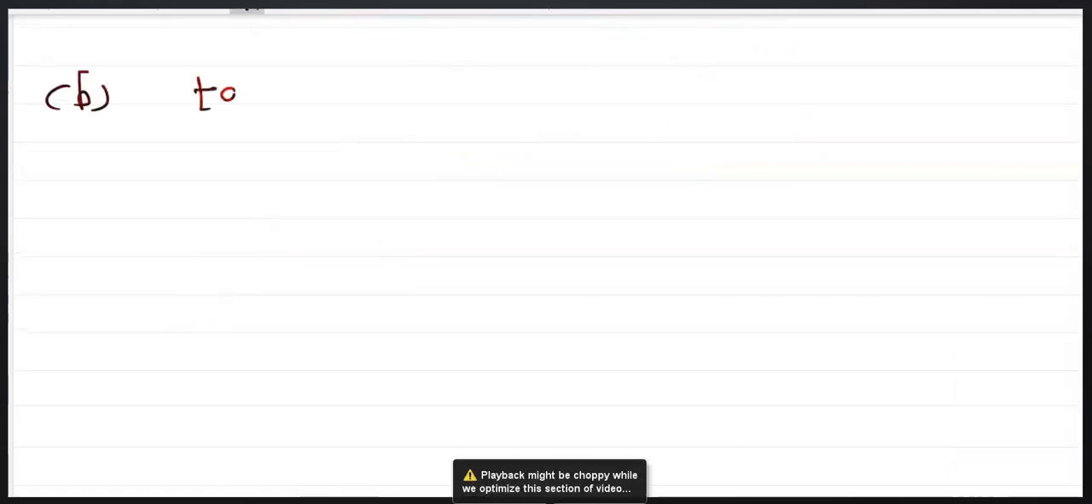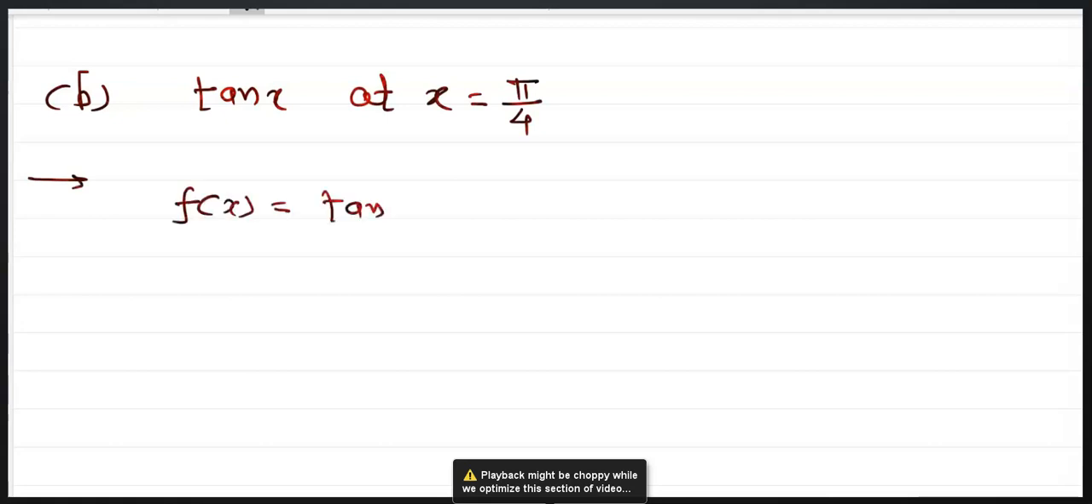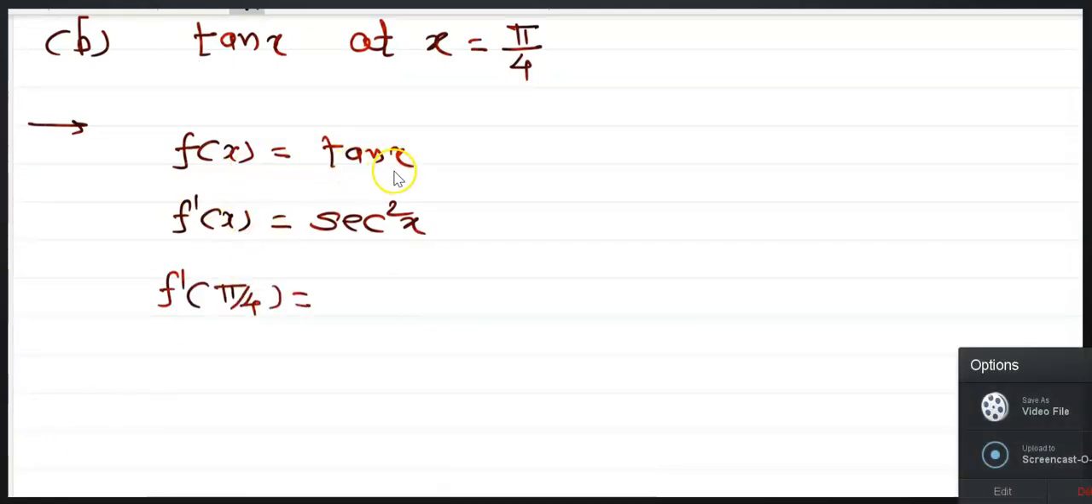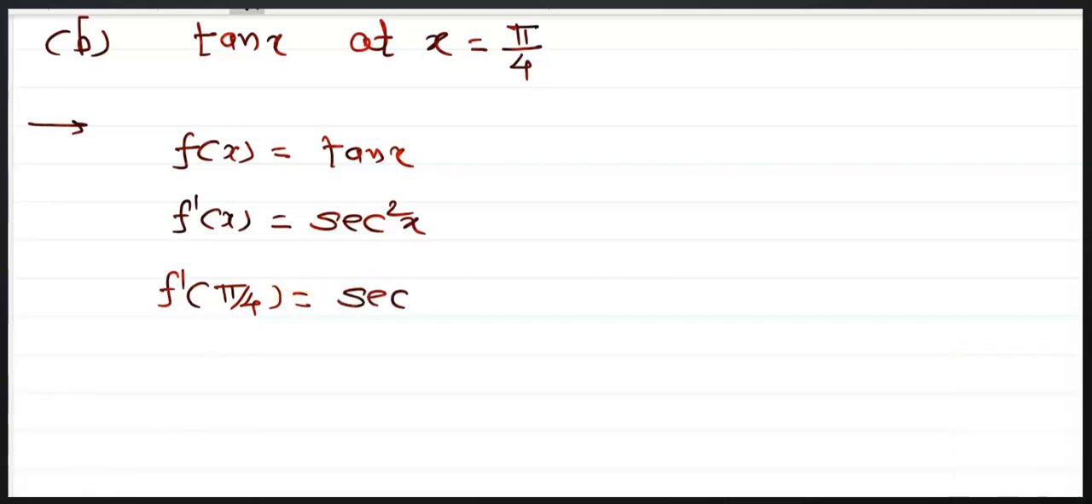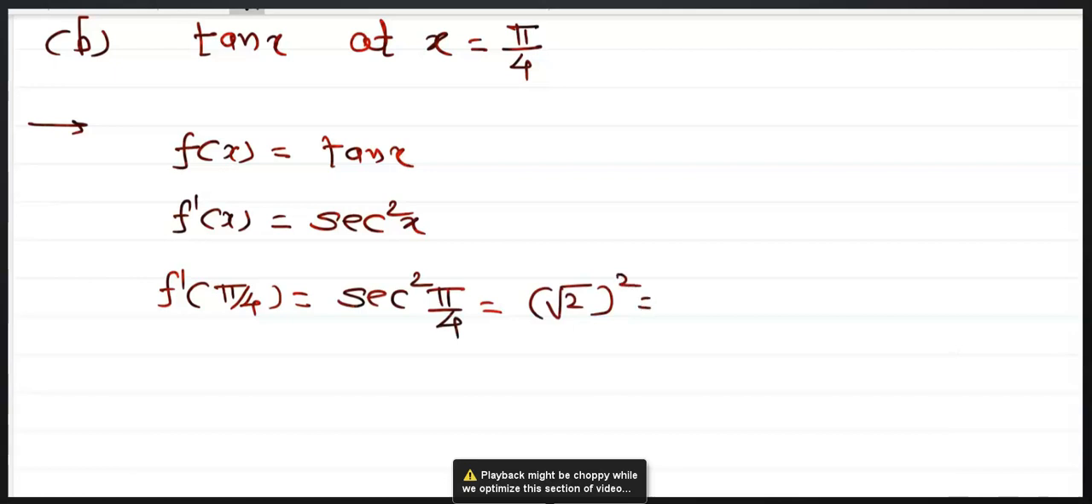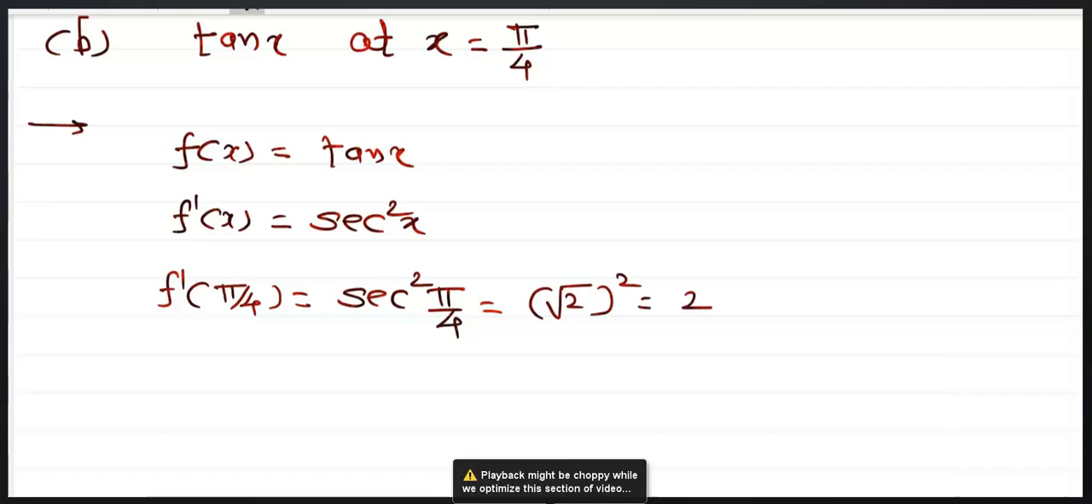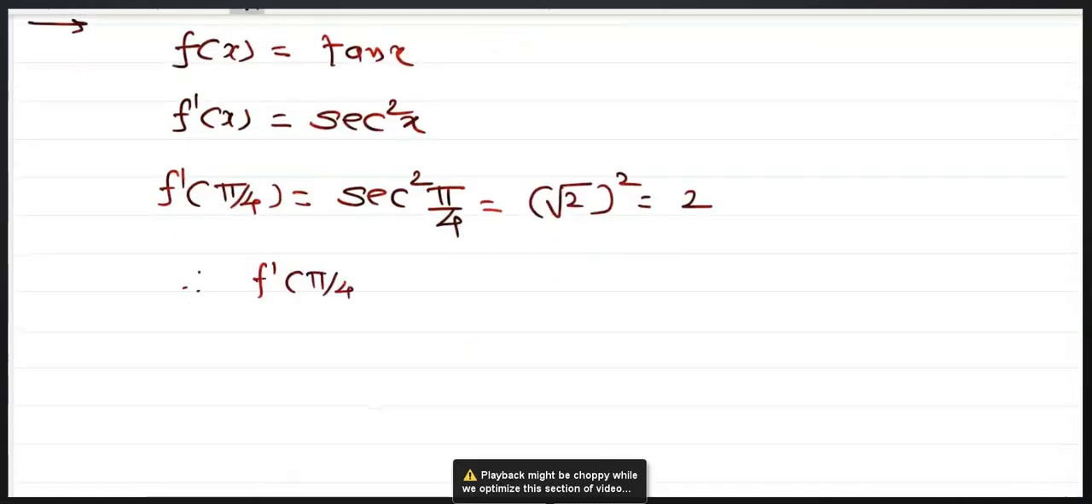B, that is tan of x at x is equal to pi by 4. Now we have solved this type in the previous example. You can see that f of x is equal to tan of x, and then what is its derivative? f dash of x is equal to sec square. In the previous example we have solved this. Therefore, f dash of pi by 4 is sec of pi by 4, and that is equal to root 2 in bracket square. That is equal to 2. Therefore, f dash of pi by 4 is 2. Now see,